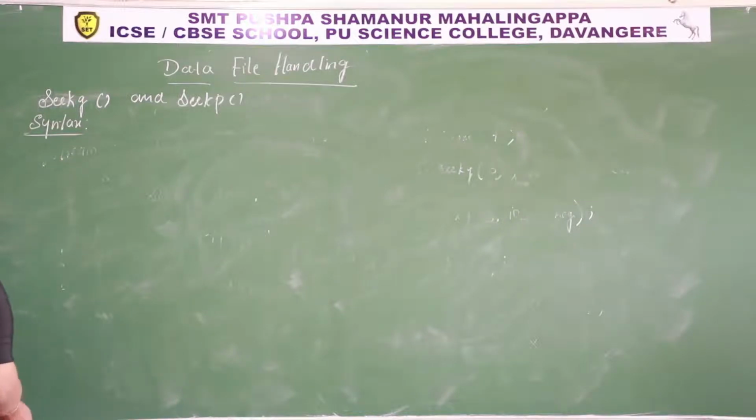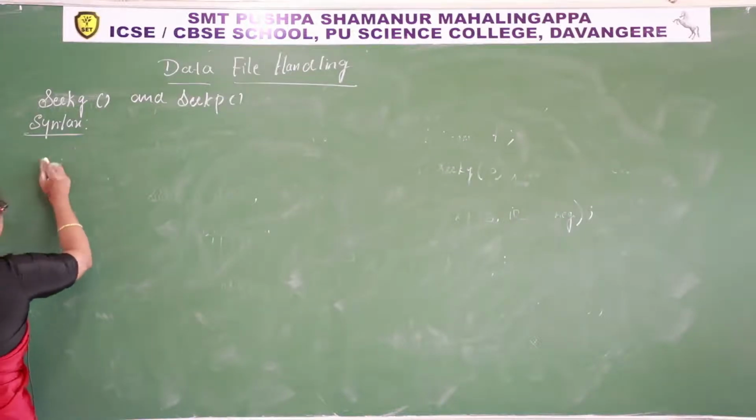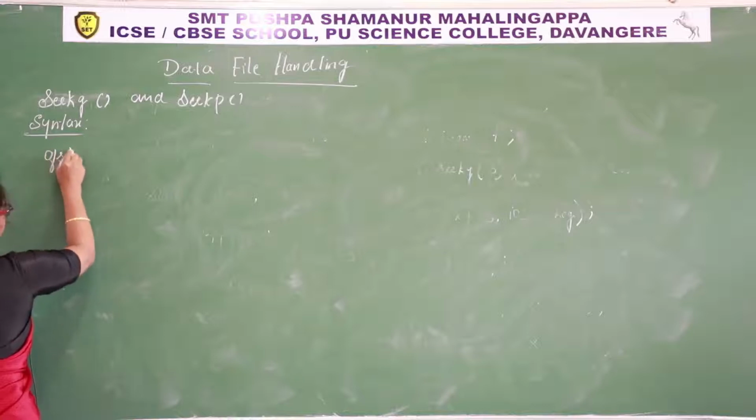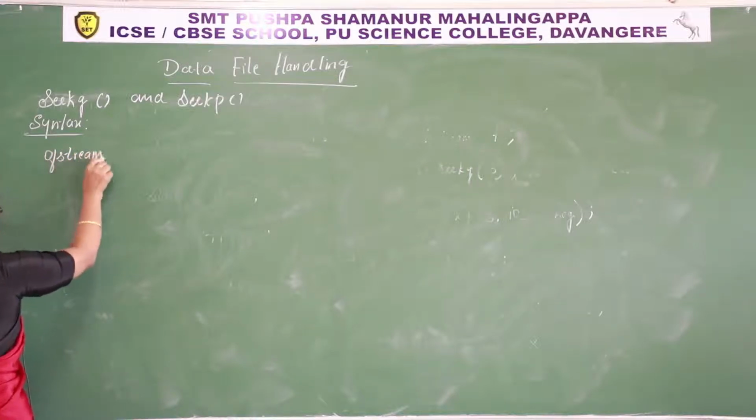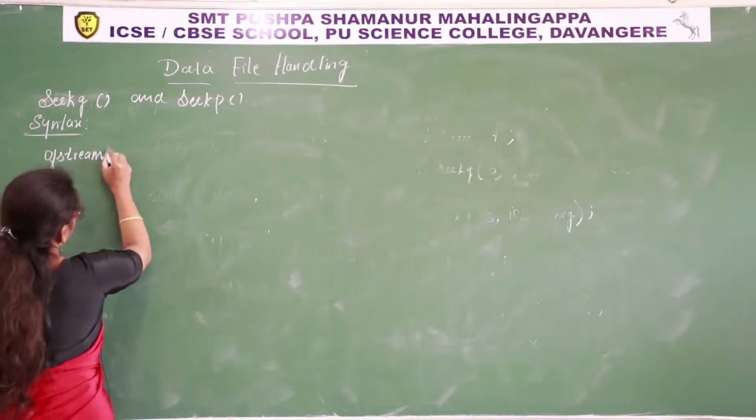Okay, there is a table on this seekg and seekp. So let us understand seekp. ofstream seekp moves a put pointer. So ofstream object